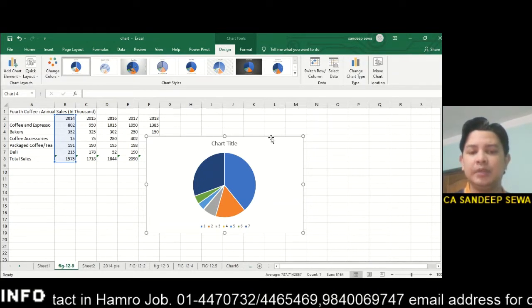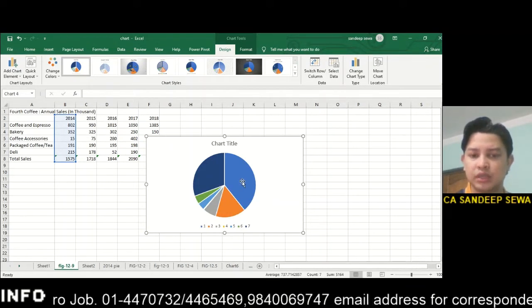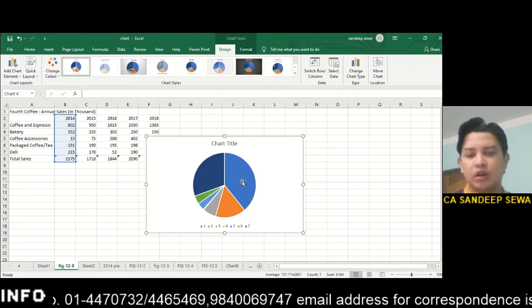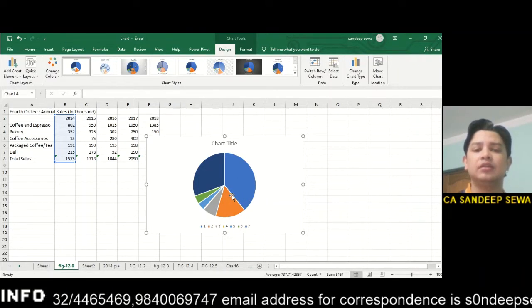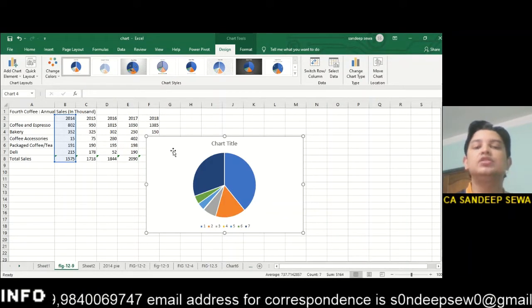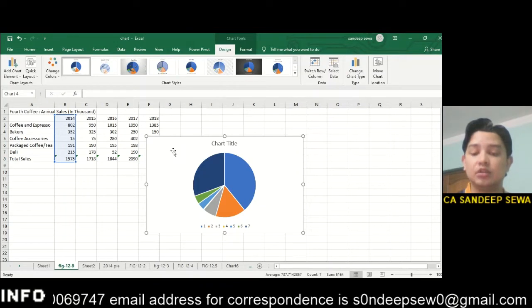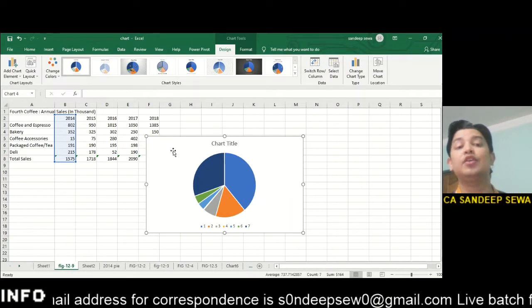Is there any meaning in this chart? No. This is a blue dotted line, a colorful chart, but what is this explaining? Nothing. So our selection is wrong. We have to select the correct data for a correct chart.